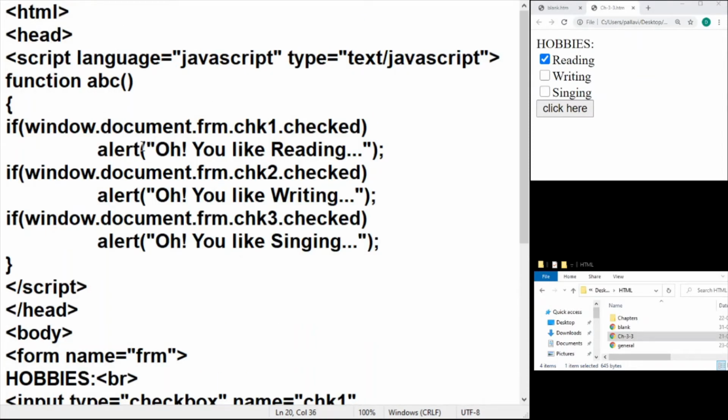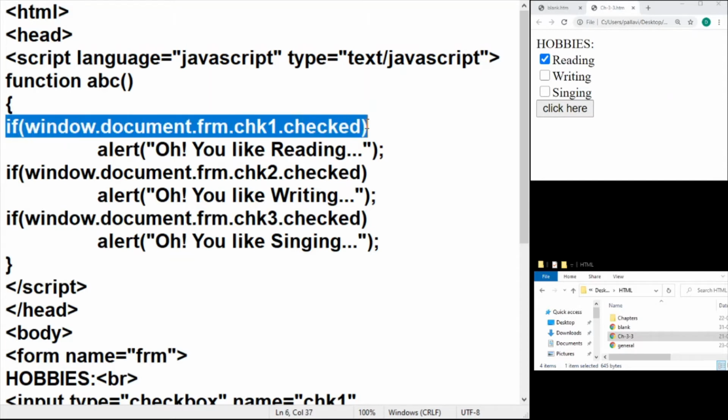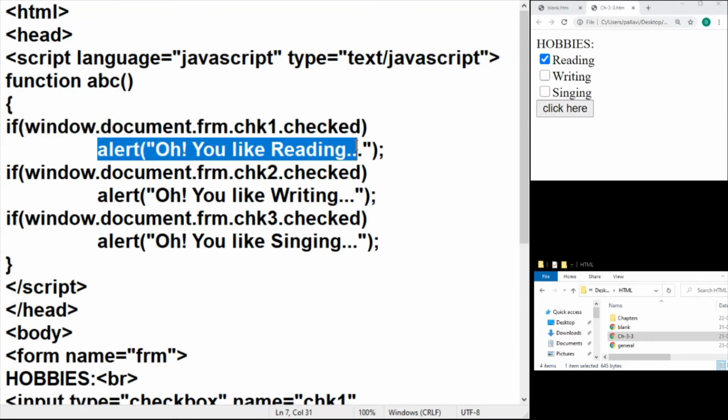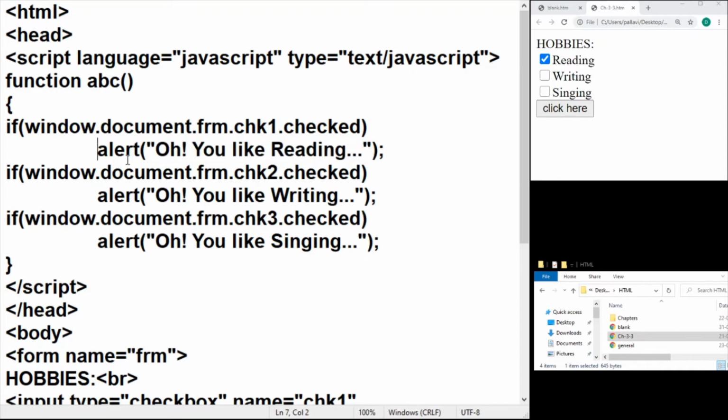So I'm going to make a slight change to my previous definition. What we wrote was three simple if statements. So here what I'm doing is I'm finding out whether the first checkbox was checked or not, right? If so, then I'm interested to print the value of the selected checkbox. So which one are we talking about right now? We are interested in the CHK one. So I'm going to go ahead and put in